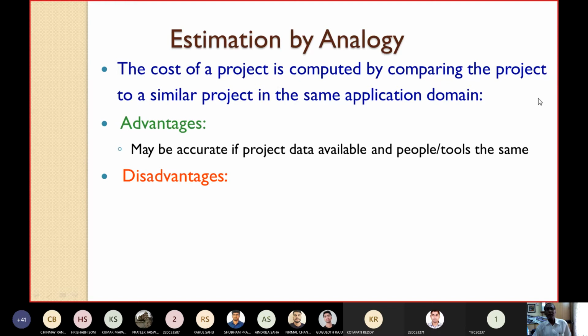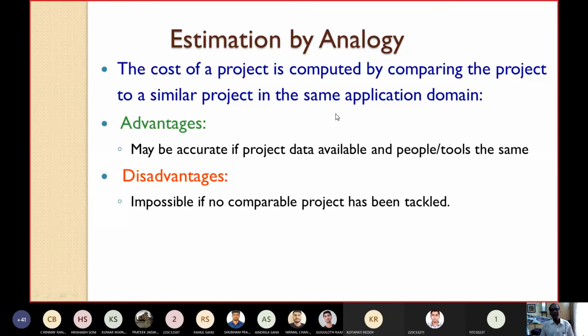That means, if the project data for the current one is available, and the same kind of people or tools who developed the previous project, the same category or the same people and the same tools, are available for the current project, then the estimation for the current project may be accurate. Current project data and the people and tools are currently the same as those of the past project.